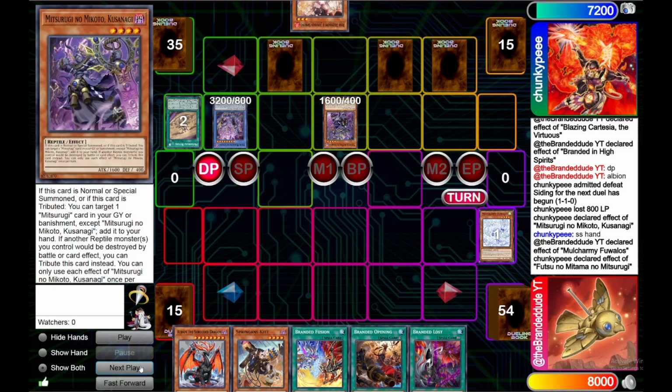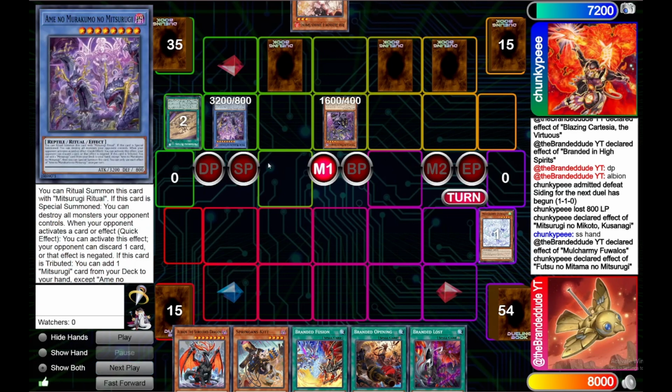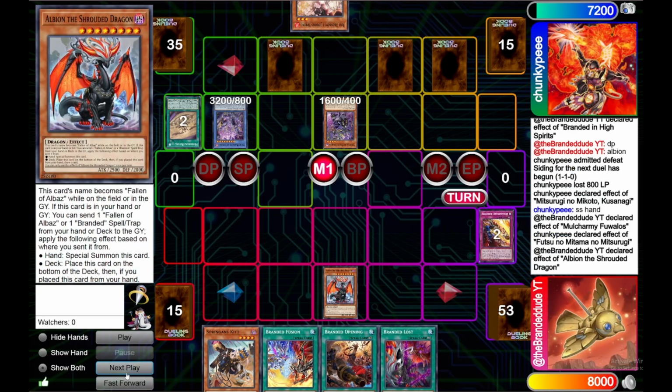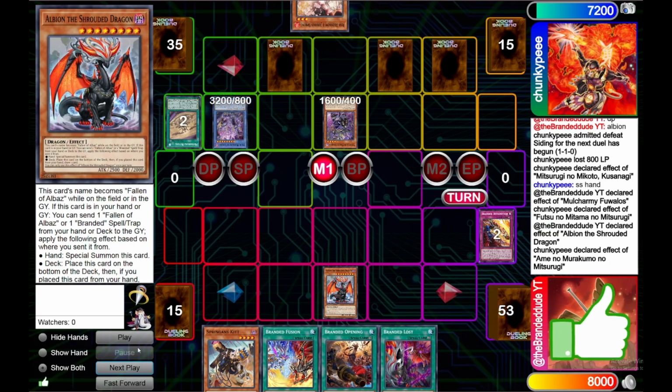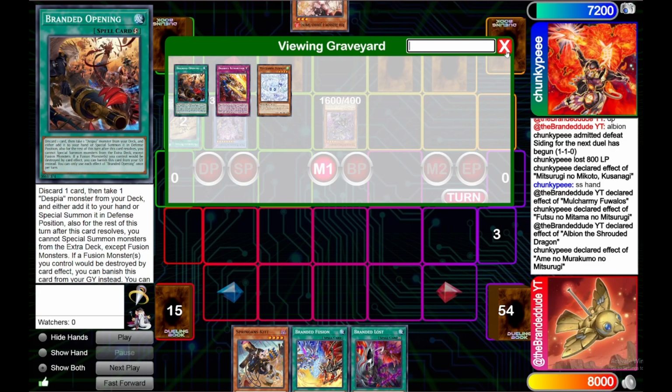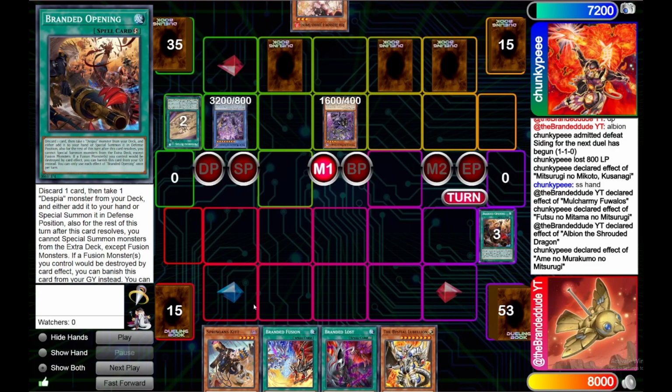So yeah, we draw for turn and we draw into Branded Lost. Go to main phase. Unfortunately, we have to force out these negates somehow. So first we start off with Shrouded, where we'll send Retribution, and here opponent chains Ame, so we discard Branded Opening because we have Retribution in graveyard, so we can add Opening back to hand, and we join to Bestial